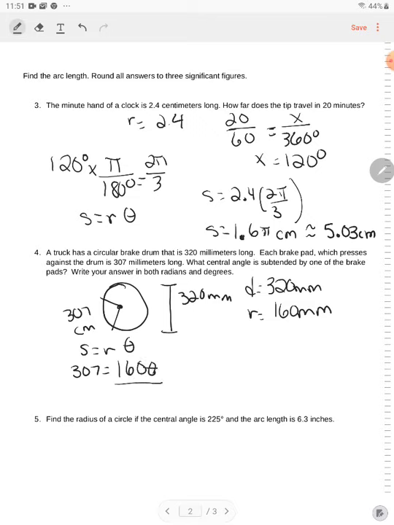Divide by 160. We get 1.918. So again, to 3 significant figures, we have 1.92 radians is equal to theta. So we have 1.92 radians times